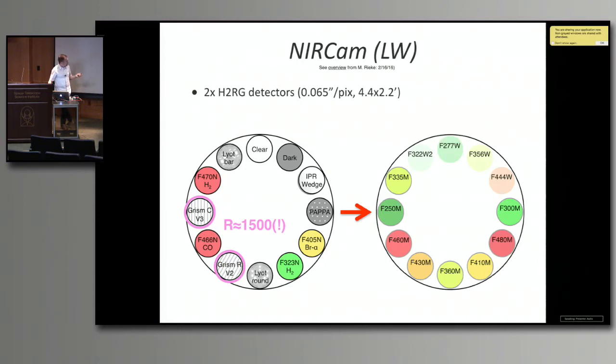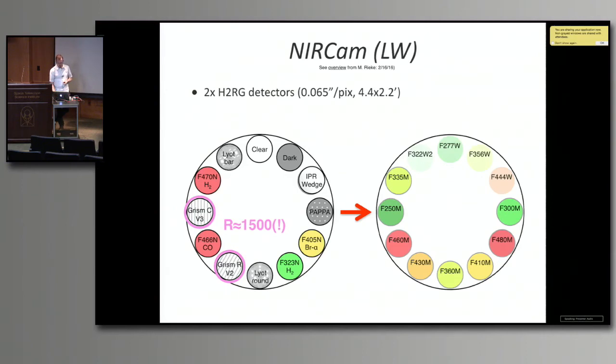So there's a row and a column GRISM for NIRCam, and again, just like NIRISS, you then cross the GRISMs with an element in the filter wheel here for NIRCam, which covers, again, this is just the long wavelength channel, so it covers 2.5 to 5 microns or so. And with NIRCam, you do have 2 detectors, 2 H2RG detectors that are basically twice the field of